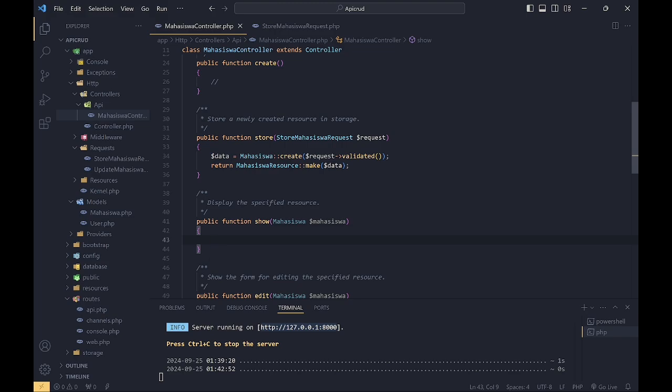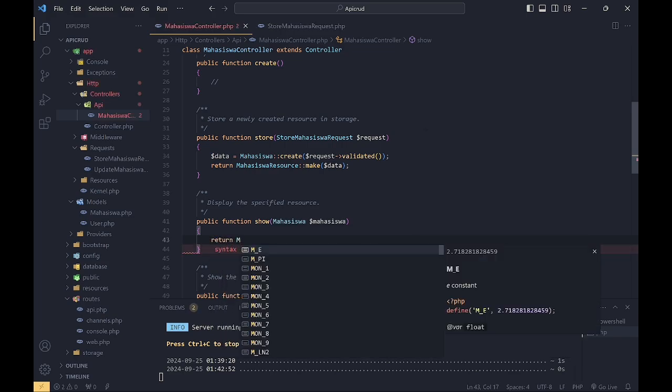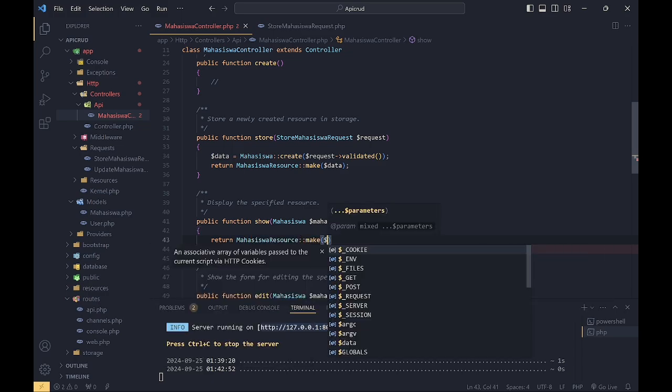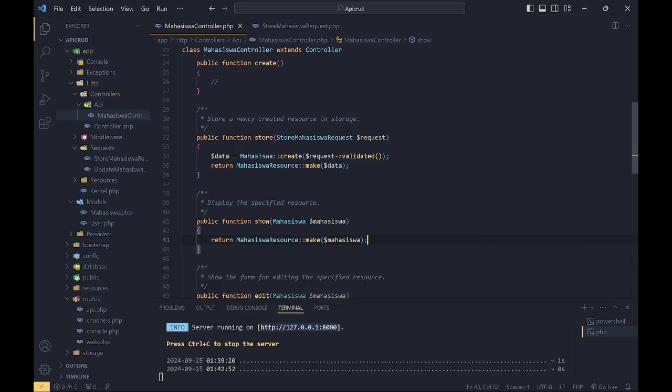And now I will make a function for show, like a detail, so only one data will appear, not all the data like this.